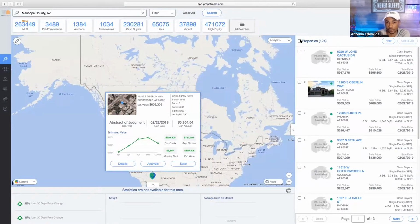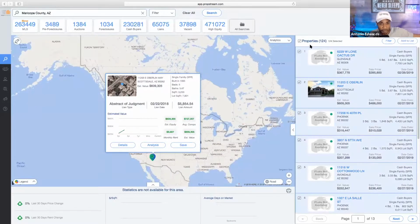Like we use this, we market for cash buyers. By the way, say we're in a market and we have a property in a contract, but we don't have cash buyers in that market. We're just cheating our way to success by going right on this tool and data.com, and we'll look at the cash buyers in that area, pull that list of cash buyers the way Burton just showed you, and I'll skip trace them, which you'll show them later, Burton, how to skip trace them here,